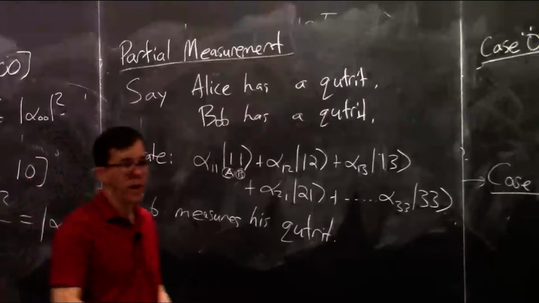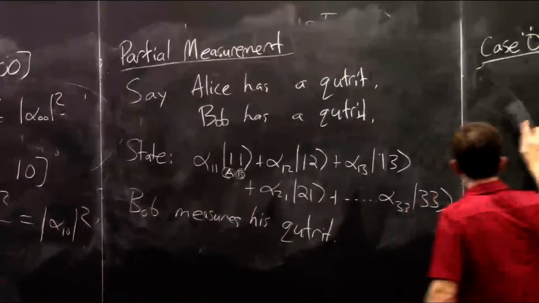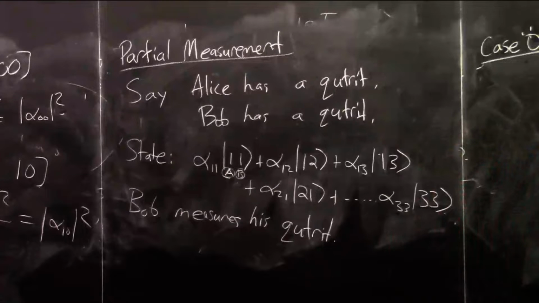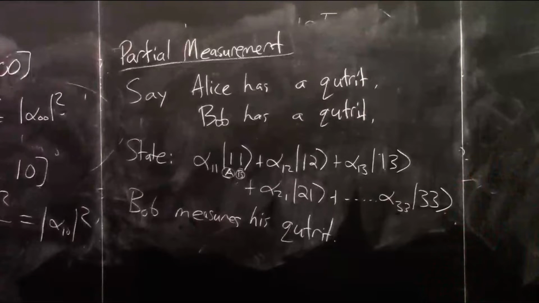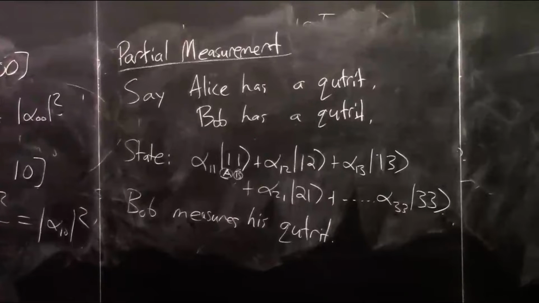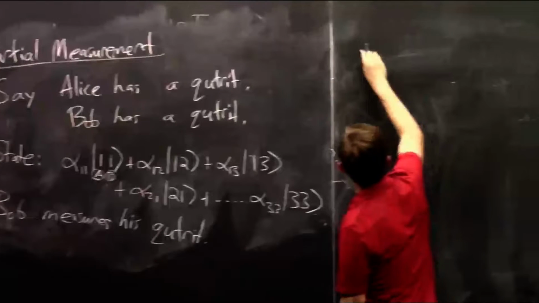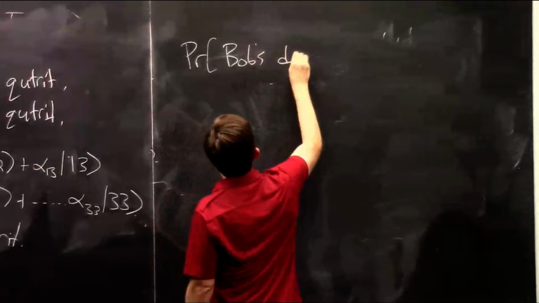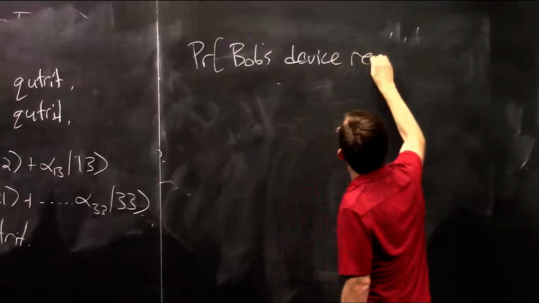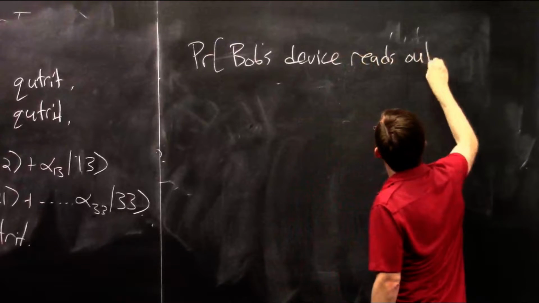What is the rule of what happens? Well, again, Bob's qutrit measuring device has some kind of readout, and it can show either the classical information 1, 2, or 3. So we need the probabilities of all these things. The probability that Bob's device reads out 1